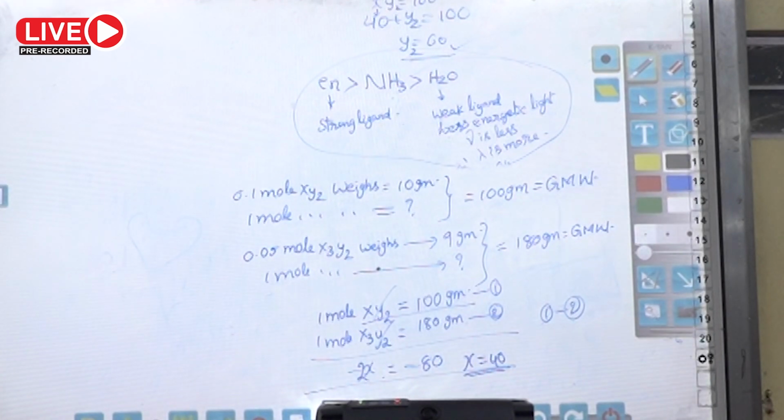Excess of HI and heat. So whenever ethers are heated with HI, the first step is the ethereal oxygen gets protonated. Ethereal oxygen gets protonated. So what you will get is